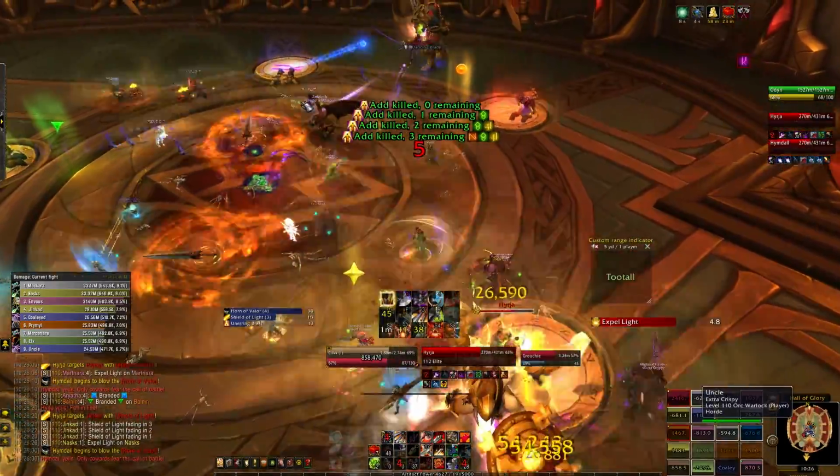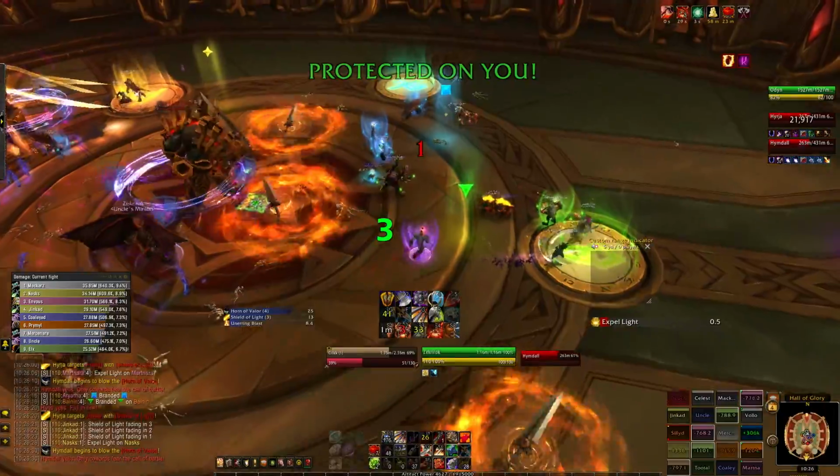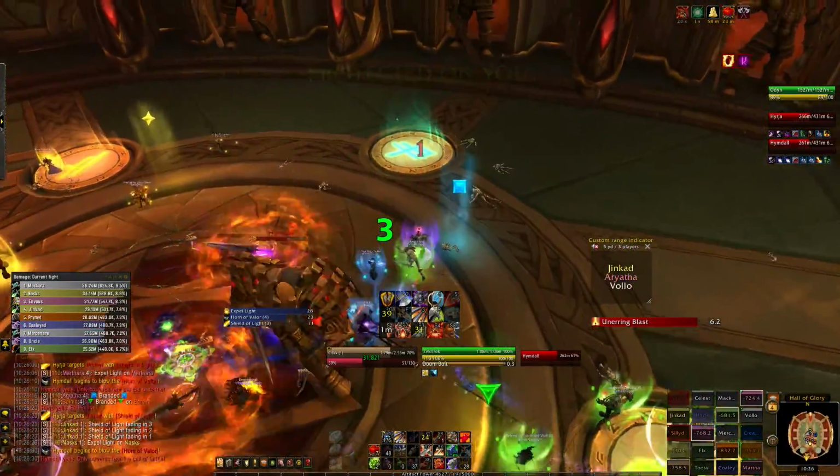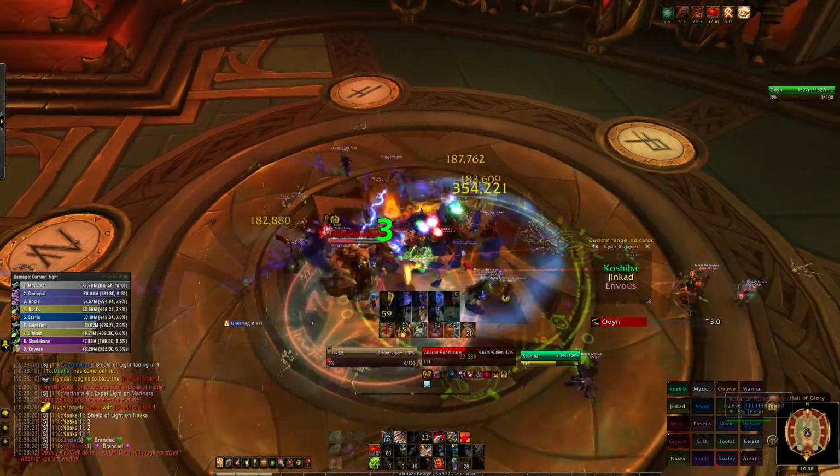Soon after the adds, Odyn will give everyone an aura and rune debuff. Kill all the adds first so the runes are active, and then run over your rune to get the protection barrier for Unerring Blast, which is a raid-wide AoE that will kill you without it. We also had raid-wide defenses for this. If you push phase 2 with the adds up, they'll just lose their 99% damage reduction aura and you can